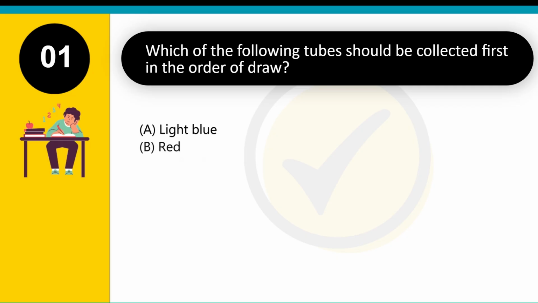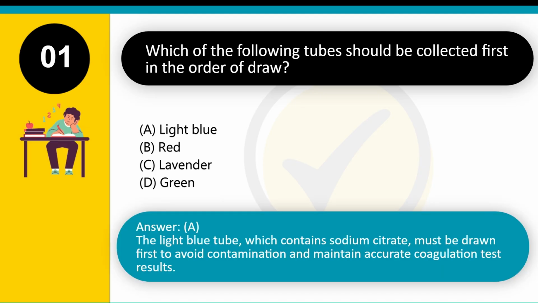Which of the following tubes should be collected first in the order of draw? A. Light blue. B. Red. C. Lavender. D. Green. Answer A. The light blue tube, which contains sodium citrate, must be drawn first to avoid contamination and maintain accurate coagulation test